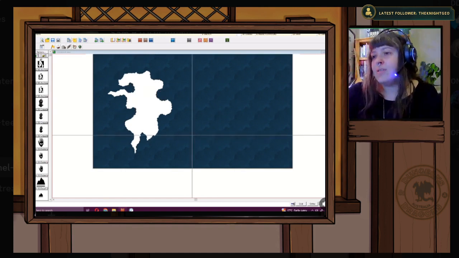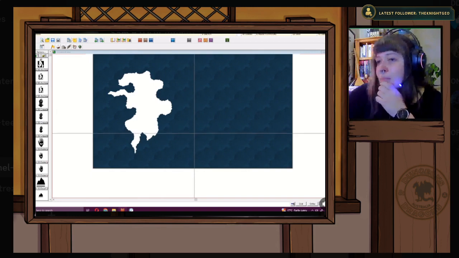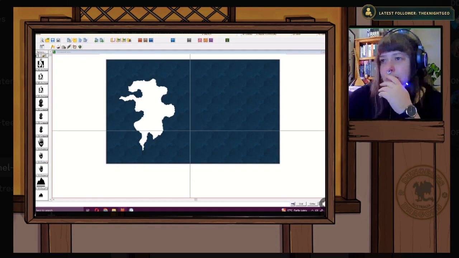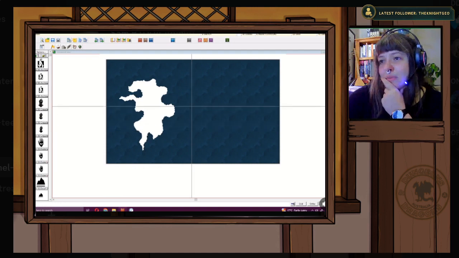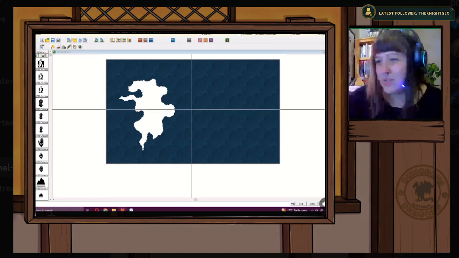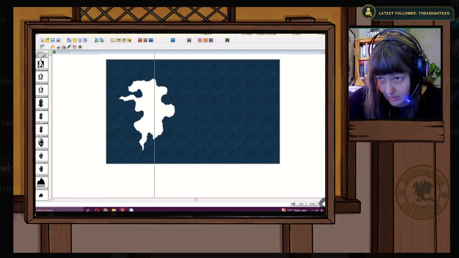Let's add in our second continent. I'm trying to think. Should we do like a polar, like an ice cap or something like that? Because the other thing we should be considering is perhaps drawing out an equator. Again, it depends on how in depth you wanna get. But if the equator's about there,